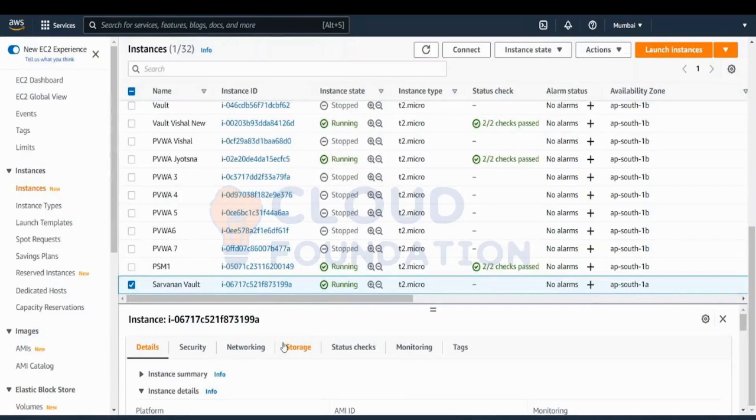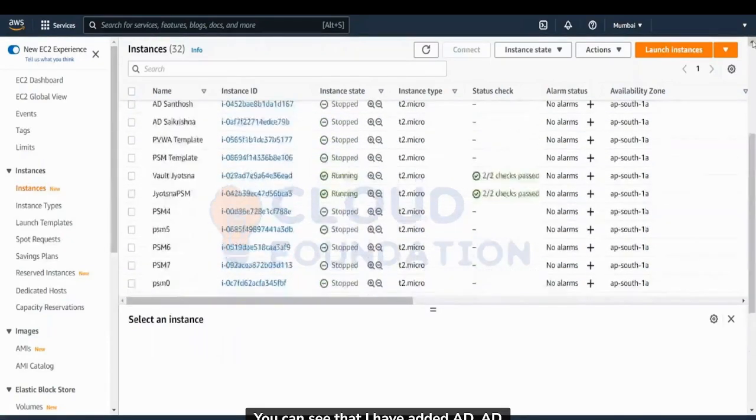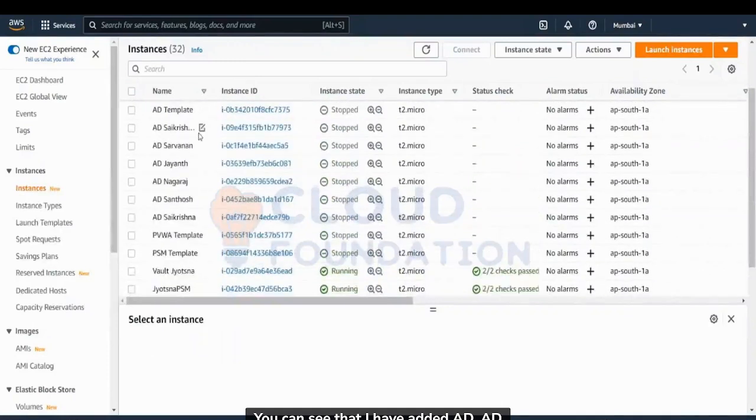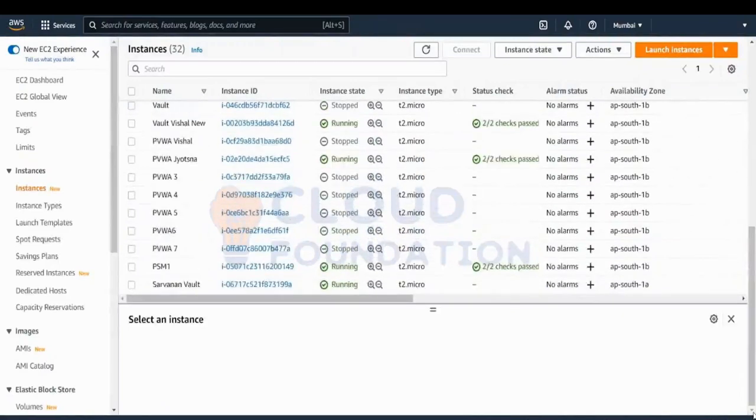One more thing, guys: I have added AD as well. So you have your dedicated AD available. You can see that I have added AD followed by your name. You can use this AD and also the PVWA. So you can try installing that PVWA. The 3, 4, 5, you can name with your name. In case I have missed putting your name over here, you can claim any one of them. They are the free